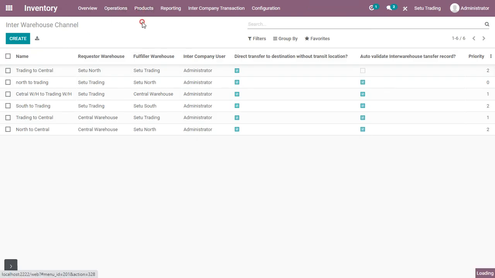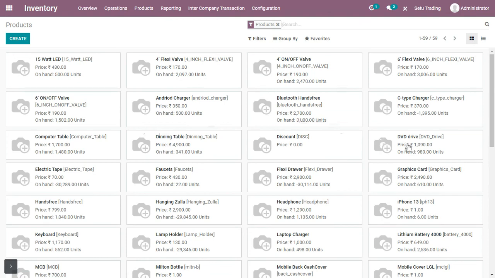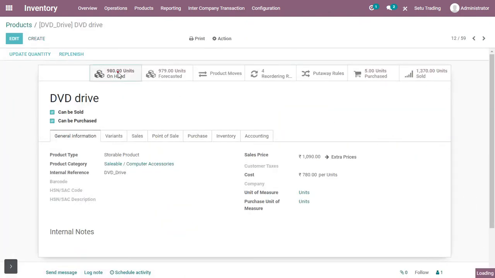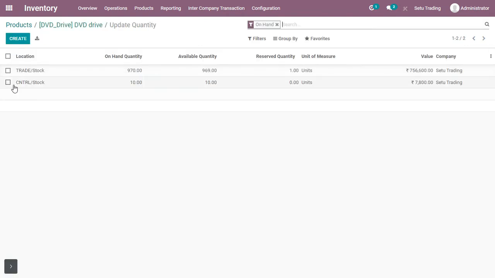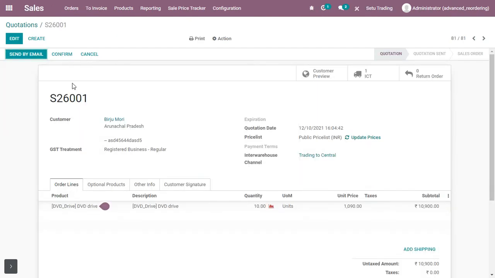If I switch to products and to DVD drive and to on-hand quantities, then you can see that now a total of 10 quantities got replenished from the Setu trading warehouse to this central warehouse. If I switch back to sell order again and confirm this order,